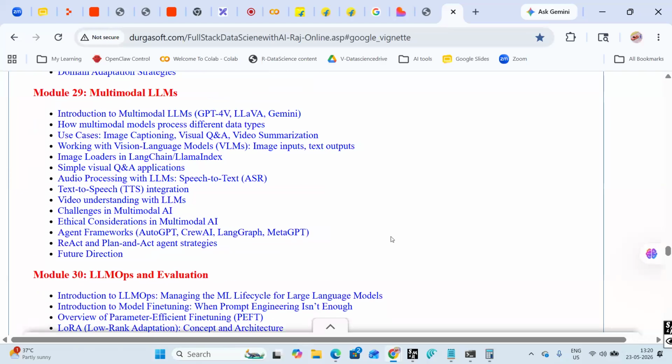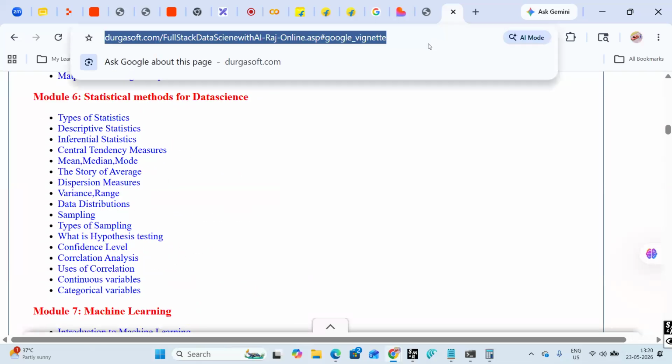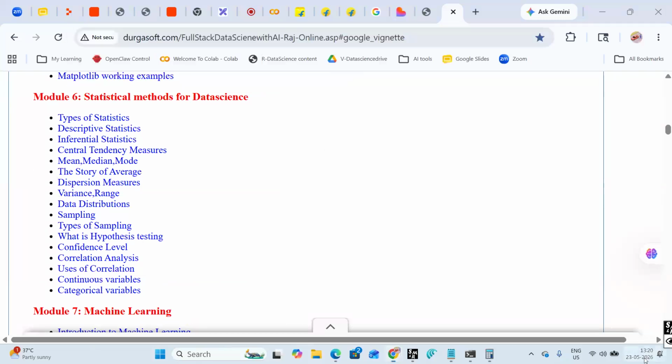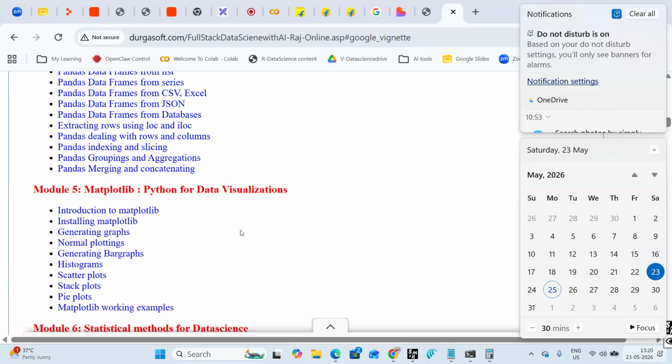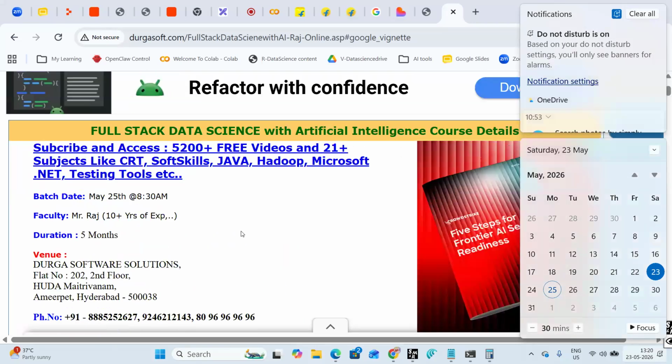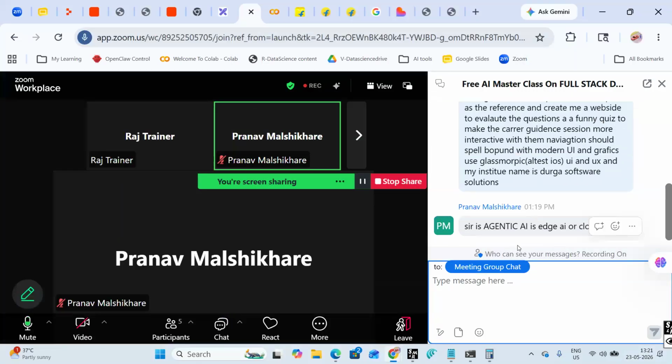Whatever you have seen is just a simple thing. I hope you found it interesting and informative. But we are starting a new batch from this Monday, the 25th, in the morning from 8:30 to 9:30 initially. You can attend one week for free. The first week is free. There I will keep on discussing and starting these topics one by one in detail. So this is your complete guide for becoming an AI engineer. Undoubtedly these are the hot topics.